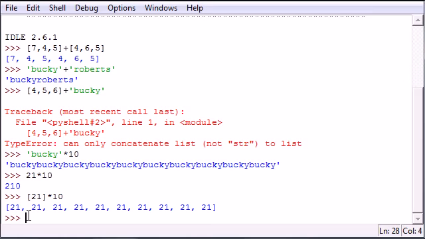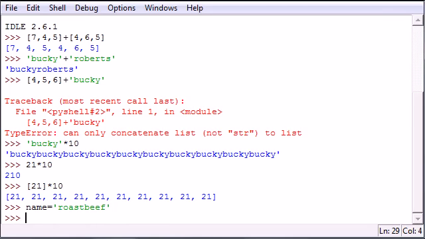Now, there's one little, I don't know if it's a function, but there's something in Python called in. And what in does is check if the specific value you're asking about is in a sequence. Therefore, the name in. So let's have a variable name and set it to a string Bucky. Actually, I'm getting sick of Bucky. Just roast beef. There we go. Now the variable name has the value